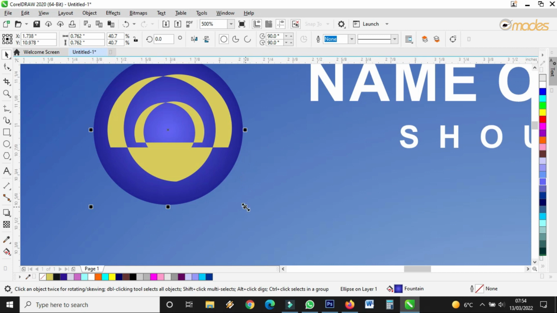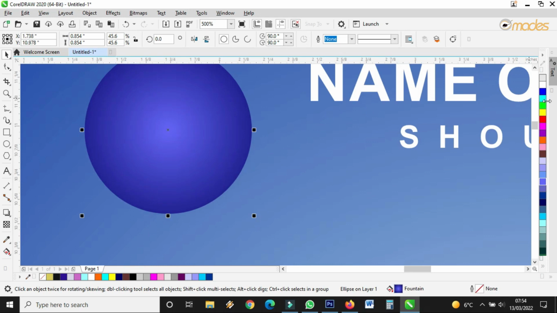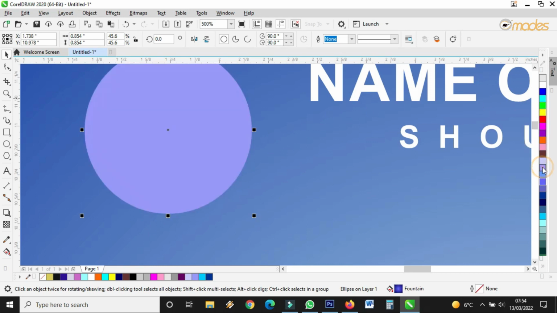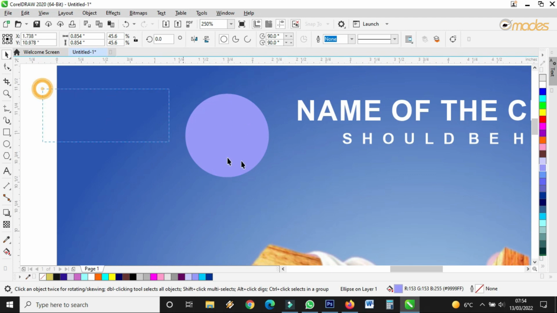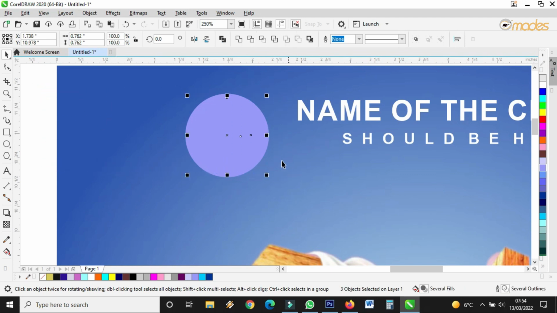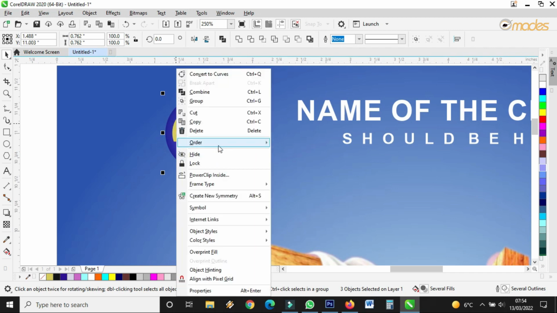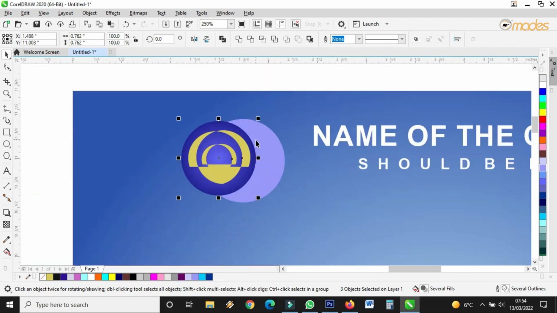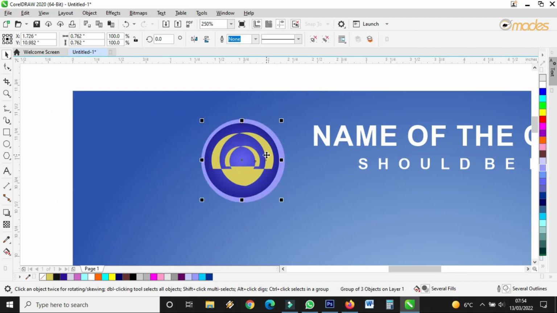I can still copy it by holding shift, then you hold down the button of your mouse like this, then you right click like I just showed you, then I do this. It has covered the first one because this is the latest object that I have drawn. So like I just showed you, right click, order, front of page. Good. Let me group it, put it inside here. Okay,